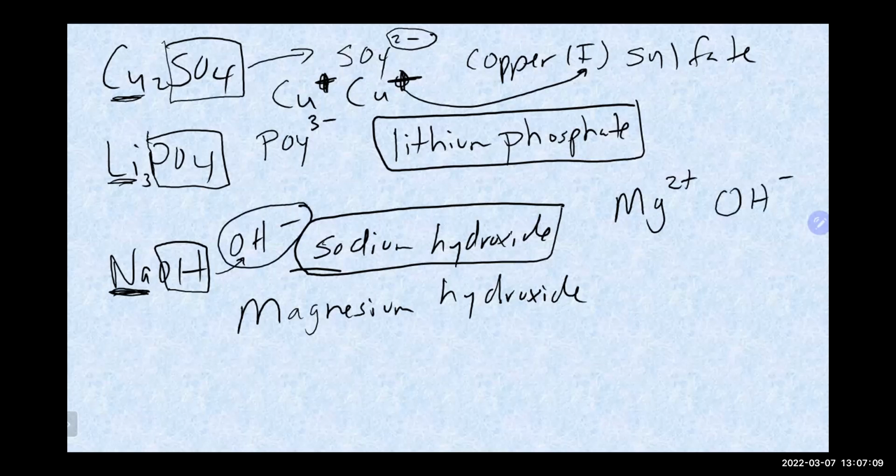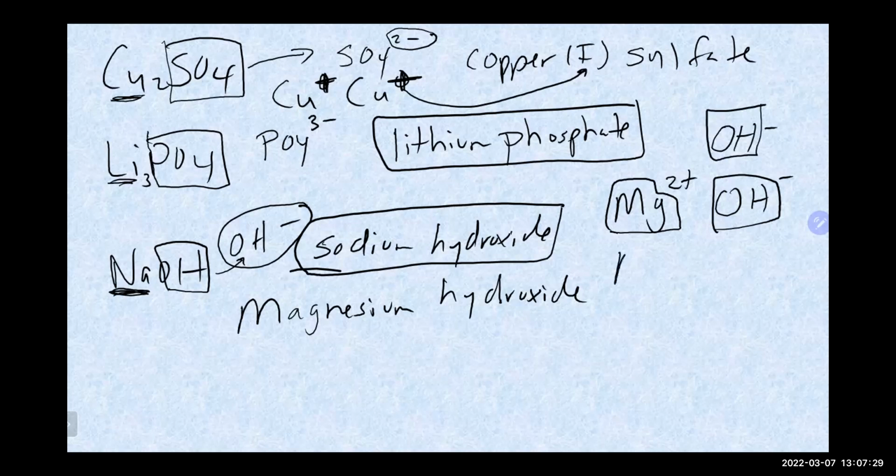So just like a normal ionic compound, we want to put these together to get us to 0 charge. On the left, the magnesium has a +2. On the right, the hydroxide has a -1, which means we need not one of these hydroxides, but we actually need 2 of them. So if we were to write this formula, it would be